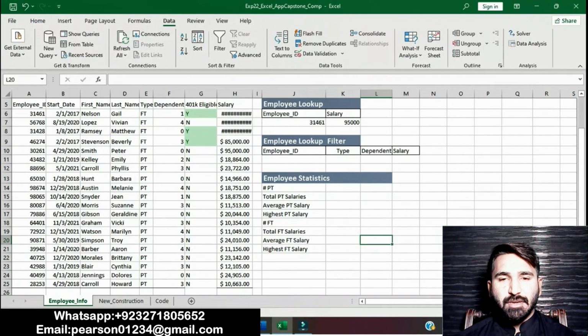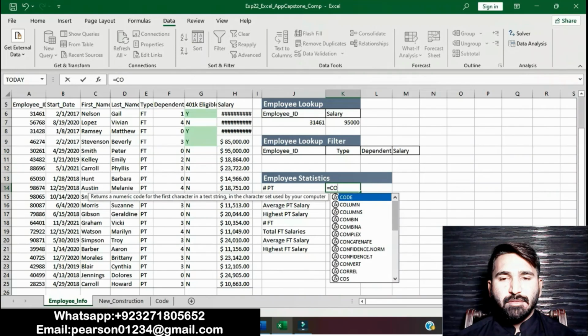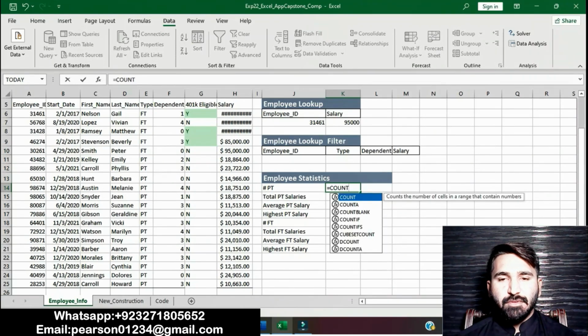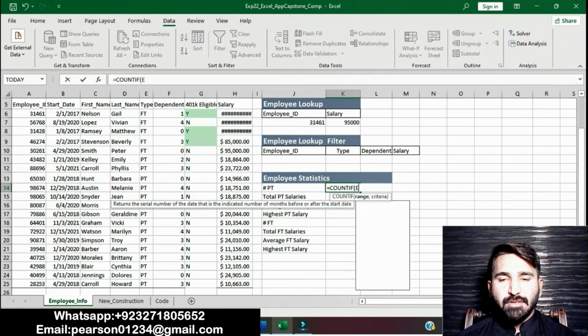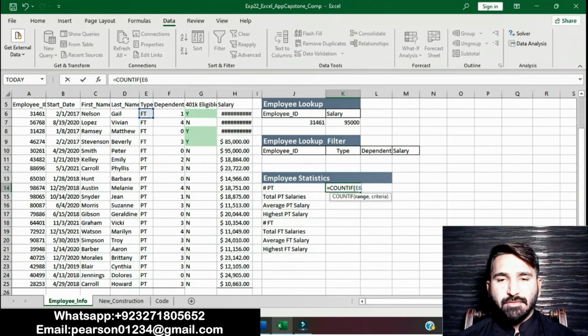Enter a conditional statistical function in cell K14: equals COUNTIF.